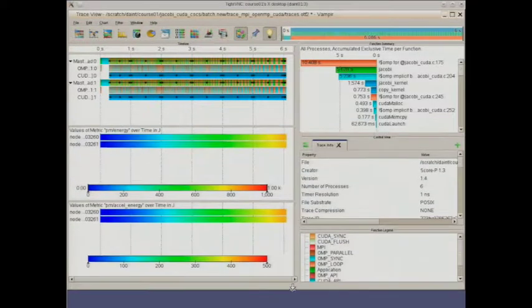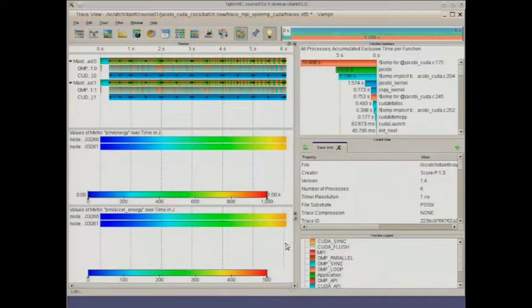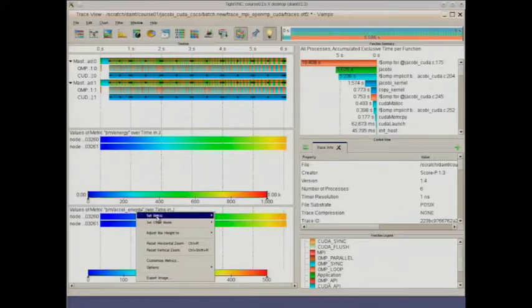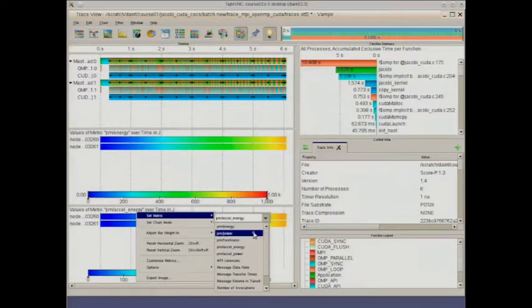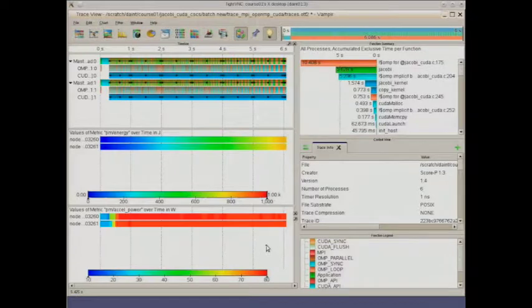We could also look at, so the energy is, of course, constantly increasing, sometimes more or less. We could also look at power usage, which is more like an instantaneous value, or has the instantaneous value computed from that. So if you go to another metric, for example, have a look at the accelerator power, which is the power usage at every given point of time.